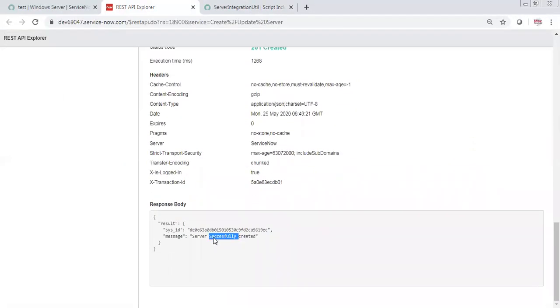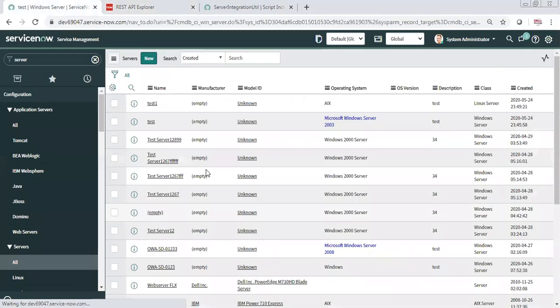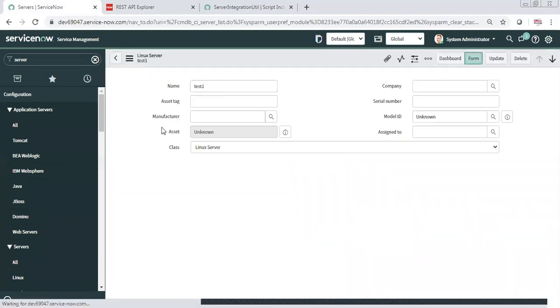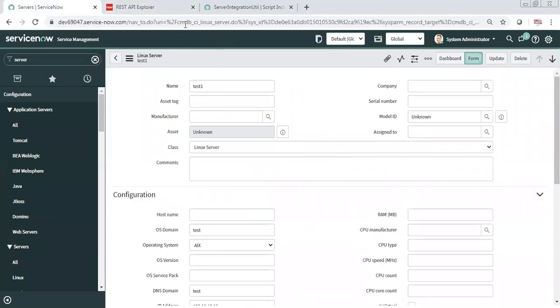So now the server is successfully created. Now if you go to this sysID, all server, this is what was just now created. If I open this one, see it has gone to the correct class, that is Linux.